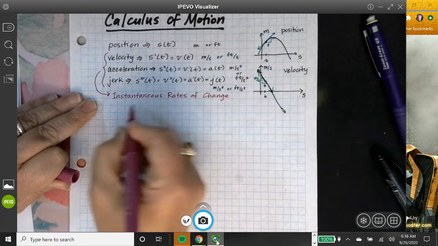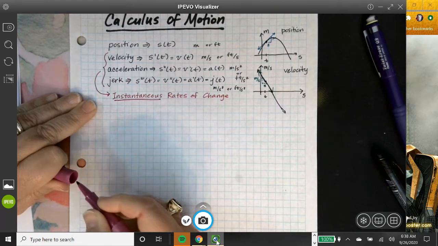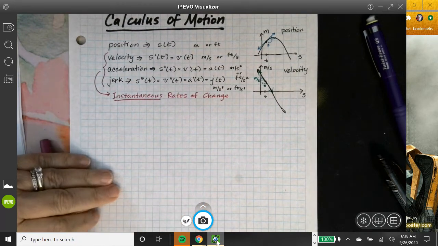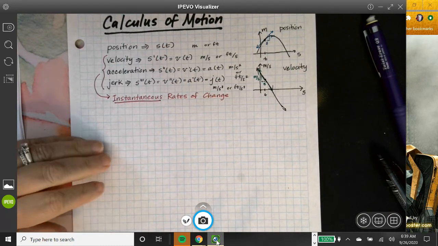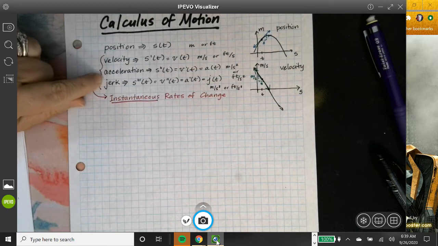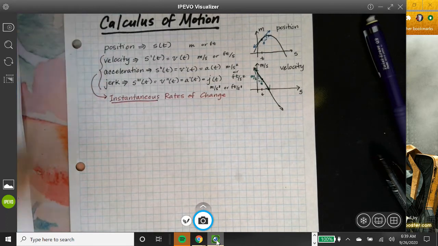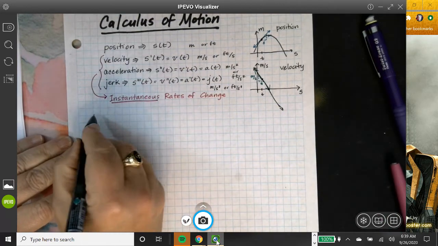That means it's a rate of change at a moment in time. And those are derivatives, because that's what a derivative is. Okay? So there's a relationship between the position, velocity, acceleration, and jerk when you're in motion, which is pretty cool. All right, now there's another rate of change that has to do with motion